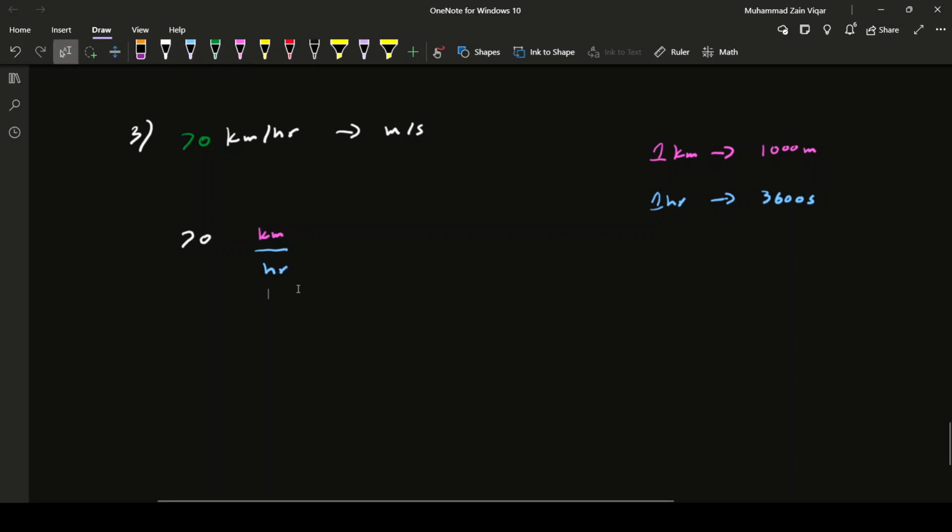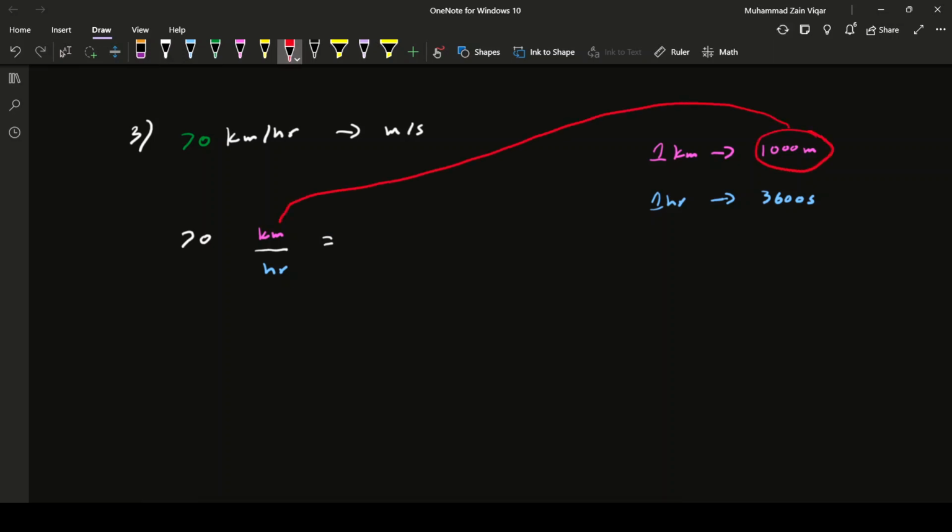So this is the number I have with me, 70 kilometers divided by hour. So I now convert this by substituting the values of kilometer in place of kilometer and substituting the value of 1 hour in place of hour. So what I do now is that I rewrite the number, and I'm left with 70. Obviously there was a multiplication sign here as well, or even if we remove that sign, so 70 multiplied by